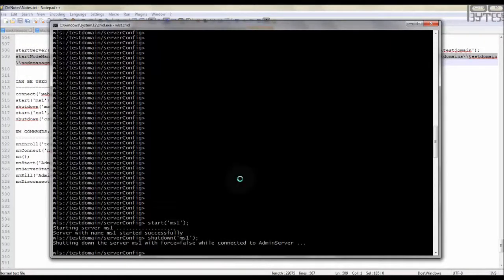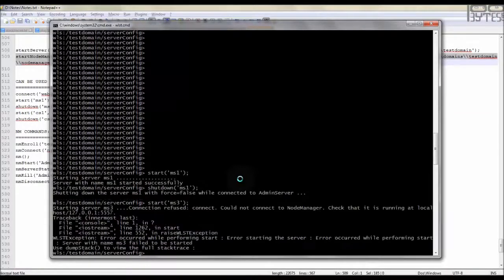Okay. Now let me try to start managed server 3. I have connected to the admin server, and my node manager is running. I'm starting managed server 3. Now check that it is running on localhost 1227 actually. But for managed server 1, it has given a different one, because